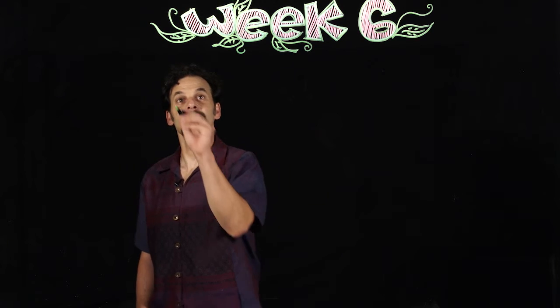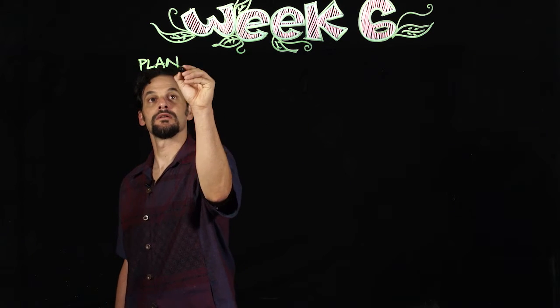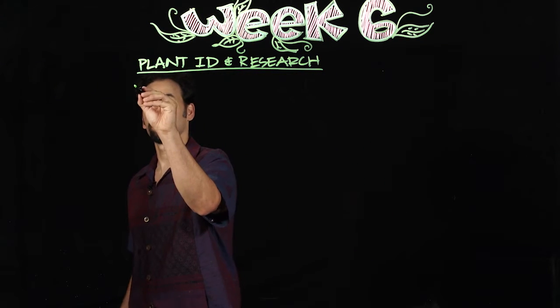All right, so week 6, we are going to talk about plants. So let's look at our assignments. For your plant ID and research spreadsheet that you fill out, there's a few things that seem to come up regularly. The first one is people that literally have no plants on their design site. So if you have no plants on your design site, choose plants nearby your design site, as close as you can.